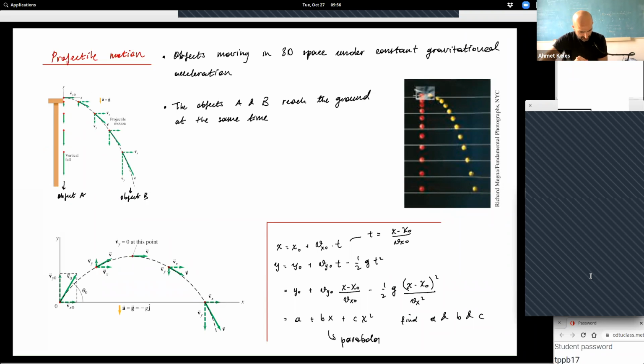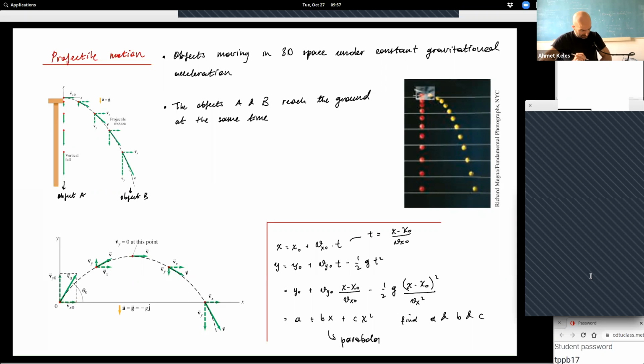So the next complication is, how do you describe projectiles like this? You shoot something at some angle, and how do you describe this? In this case, you decompose V into Vx naught and Vy naught. You can see Vy naught is subject to gravitational pull, so its magnitude is decreasing. When it reaches its top point, Vy is 0 there, and from that point on it reverses direction and reaches the ground, whereas the horizontal velocity is constant the whole time.